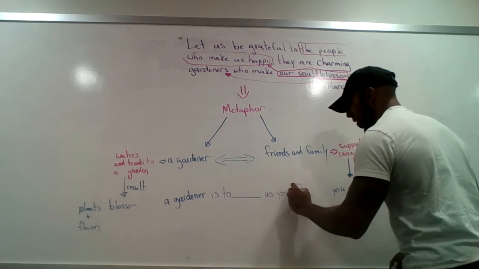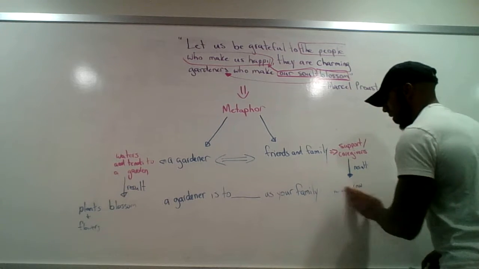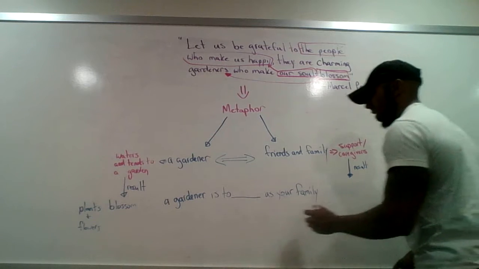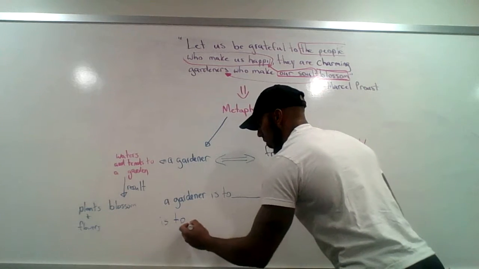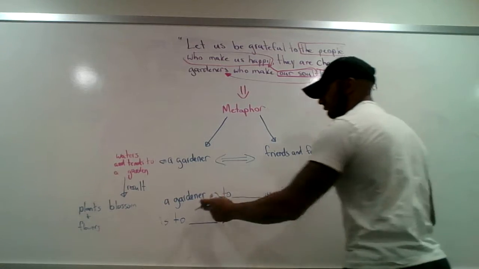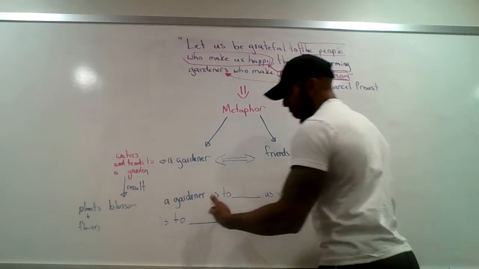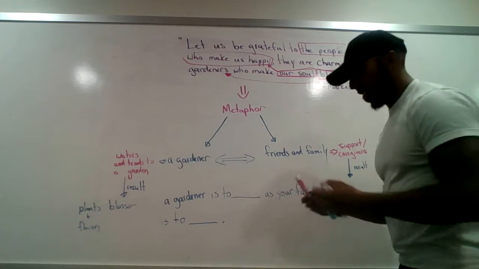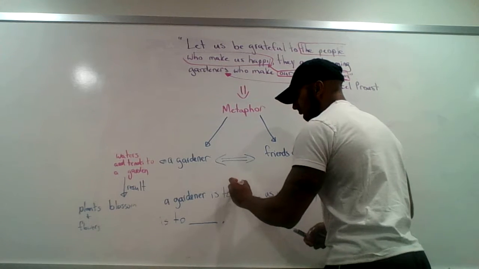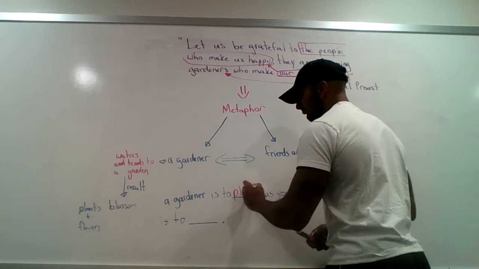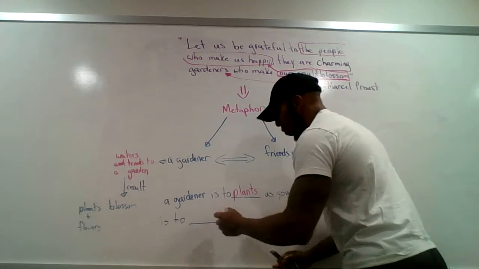It's just another way of putting it. So I need to erase it on that space. Okay. So I said a gardener is to flowers as your family is to blank. Well, I've already said the answer to this is flowers or plants. I can just say plants because they don't tend to flowers specifically. They tend to all kinds of plants. A gardener is to plants as your family is to